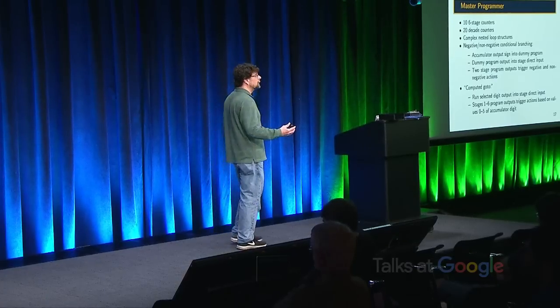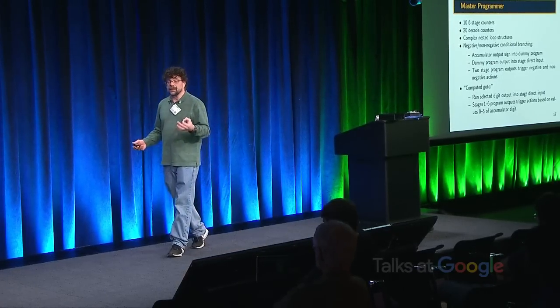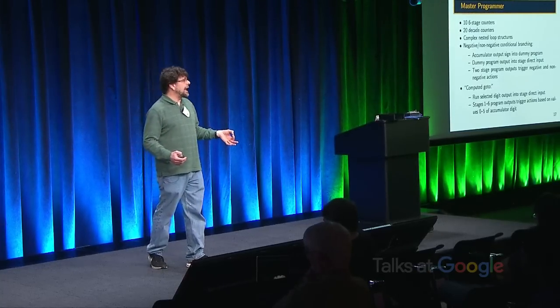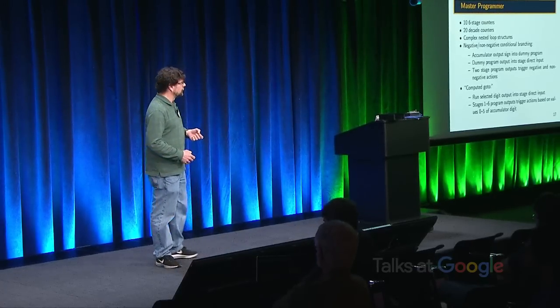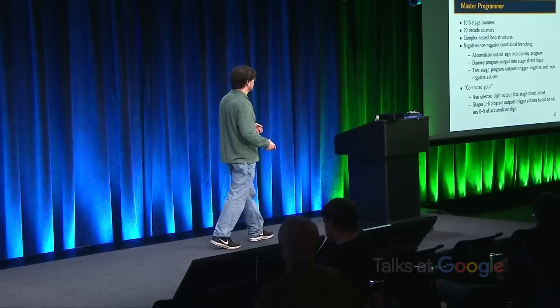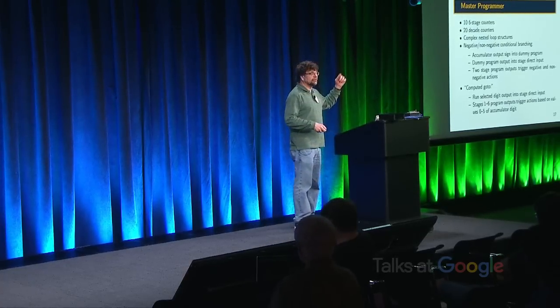And that, of course, as we know, turned out to be the key thing. Once you had that, you had Turing completeness. And that's why they were able then to look at building an instruction set decoder. Well, in fact, they actually had some clever use of the master programmer and the original thoughts for the instruction set decoding, where they would use what amounted to the 60 different outputs from the stages as, in a sense, the instruction decoding. So if you had an instruction set of 60 or fewer instructions, you could implement it directly